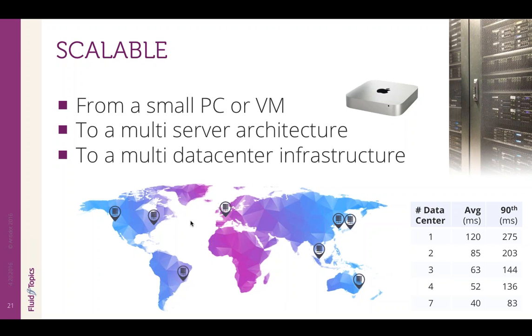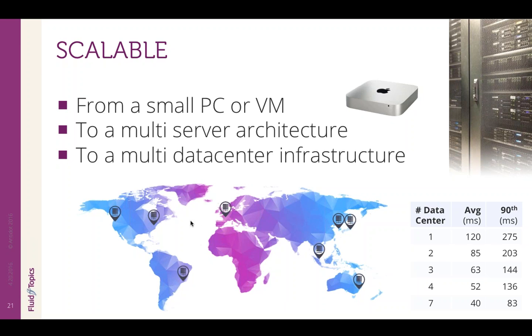So for example, if your application is running in one data center, wherever it is, for example in Europe or in the US, the average time to reach that application, the latency from any point in the world, is more than 100 milliseconds and can be up to 300, half a second we've seen for people that are remote. And for 90% of the queries, it's close to 300 milliseconds, 275.